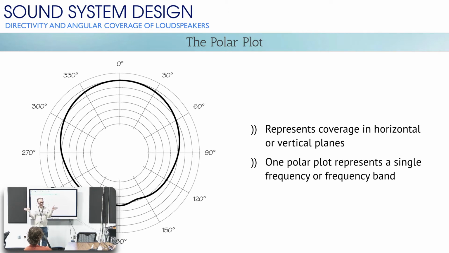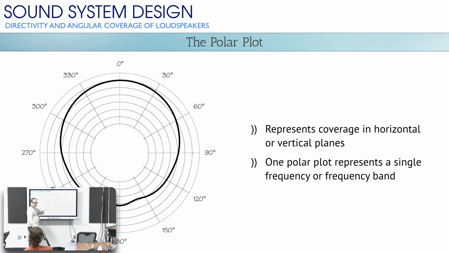Because in the case of theater and live sound, we tend to want the sound to go to where the seats are and nowhere else. We don't want the sound to go to the stage. We don't want it to go to the walls. We want it to go to the audience seats without going anywhere else. So how do you look at a loudspeaker and figure out where the sound is going to go when I turn this thing on? So one way that that can be represented